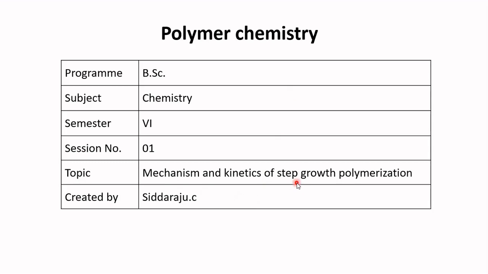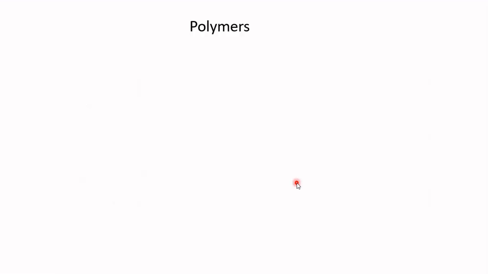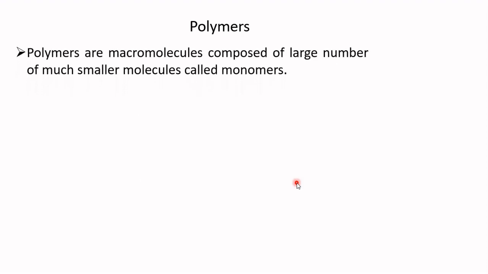this session. Before going to discuss the mechanism and kinetics of step growth polymerization, it is much needed to recall some terms associated with polymer chemistry. The first one is polymers. What is meant by polymer? It is very simple. Polymers are macromolecules composed of a large number of much smaller molecules called monomers, which can be